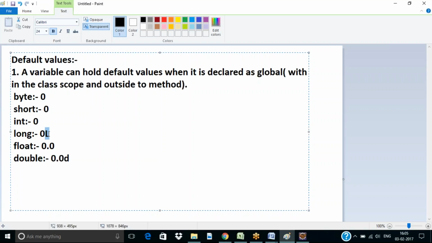And it depends on the run environment you are using. Some environments will not show you the L, D like this. So in Eclipse, it will show you 0. Okay, so double also shows 0.0, it will not show 0.0d. Next,